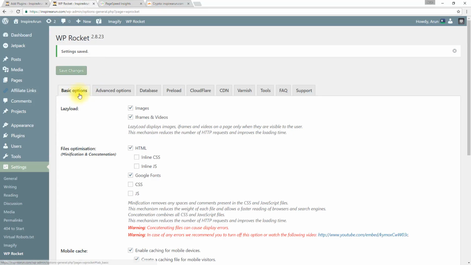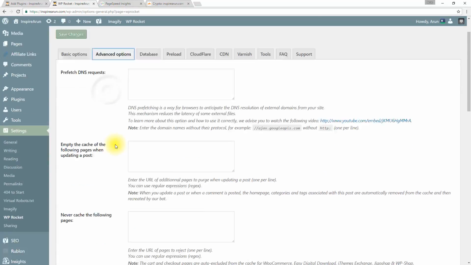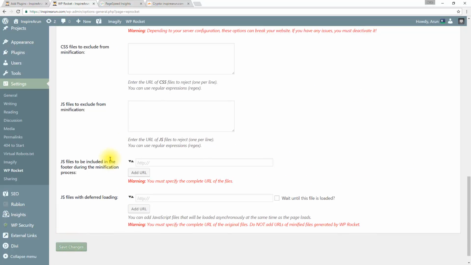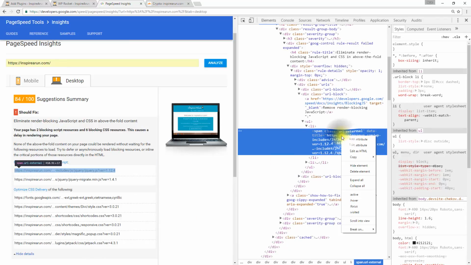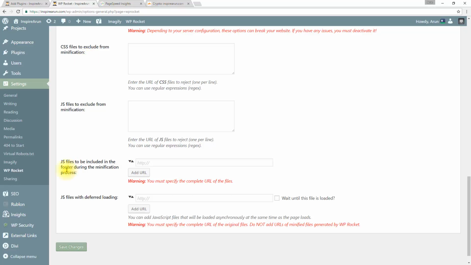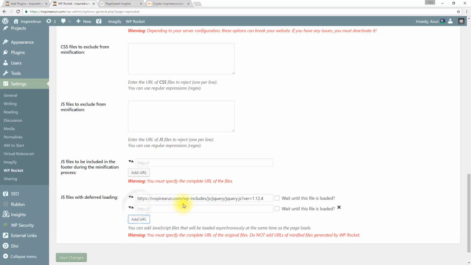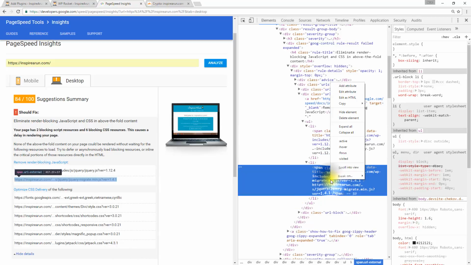So let's go back to our basic options and select CSS and click Yes, I am sure. Now come back to advanced options. You don't need to click Save Changes. We can do all the changes and finally we can click on that button. Now come back to PageSpeed Insights, right click and inspect. Now right click here and select Edit Attribute. Let's copy it, come back to WP Rocket, select this default loading tab and paste it. Now click Add URL, come back to PageSpeed Insights, inspect, edit attribute,